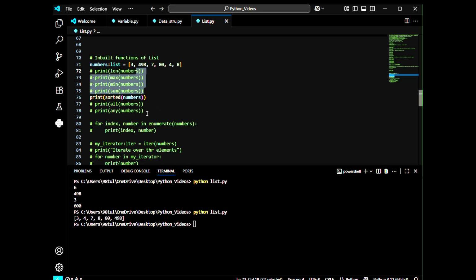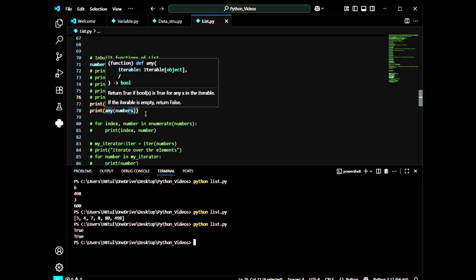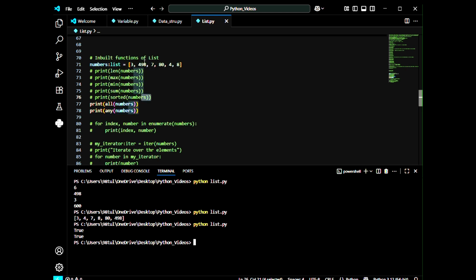Now let me run these two also, that means the any and all functions. Then I will explain what is happening here. So here we got true for print all numbers and true for print any numbers. If there is any zero element in this list, then the all function will give us false.